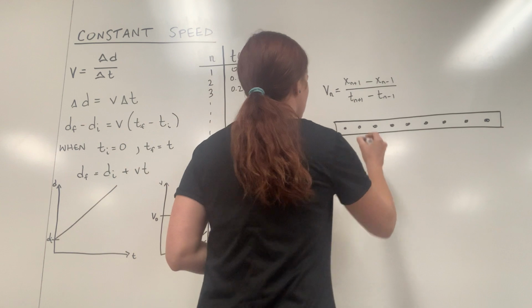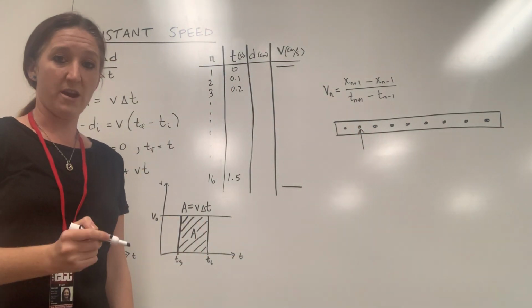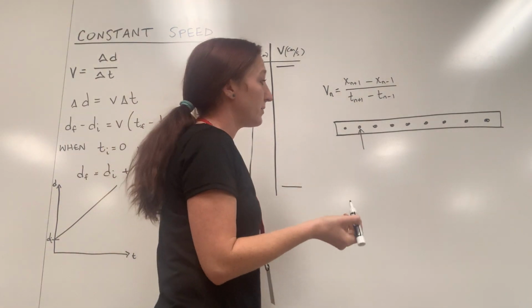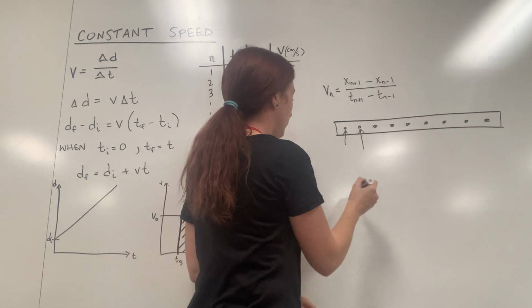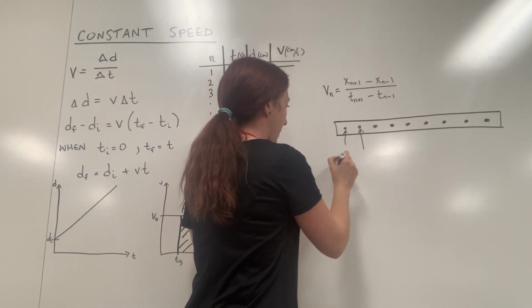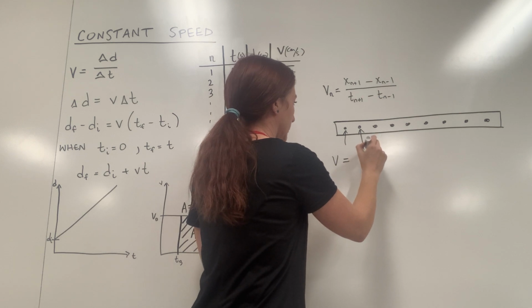So let's say we were interested in finding the velocity at that dot right there. If we were to simply take an average of, let's say, the point ahead, so let's say we wanted to find our average velocity by just simply saying, we'll say this is our second step,